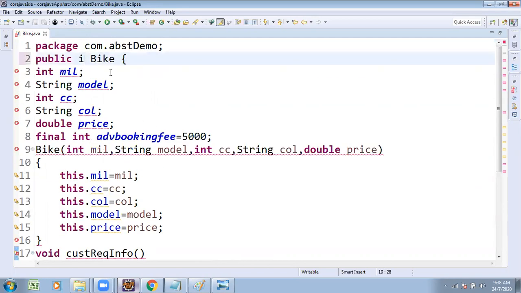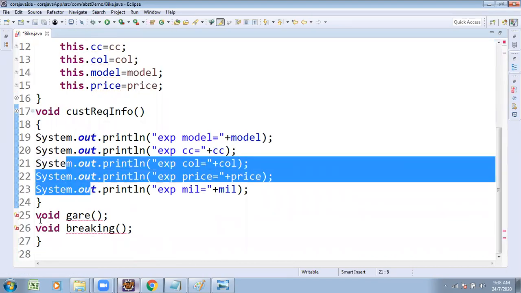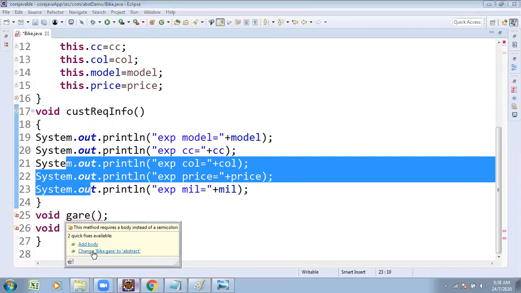Try to see once, changing this to a class. All are supported except these two lines. But now observe the error we get: this method requires a body instead of a semicolon. One solution is to add a body. Otherwise, the second solution is to change it to abstract.